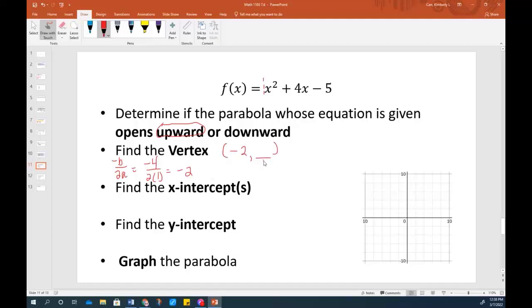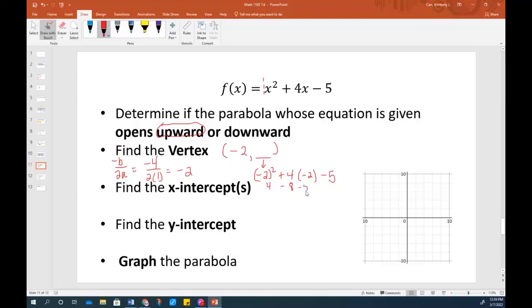Now to find this second number, you have to take that -2 and plug it in for x. And you can use your calculator to help you, but I want to write it out here. So that's going to be (-2) squared plus 4 times -2 minus 5. So simplifying that, that is 4